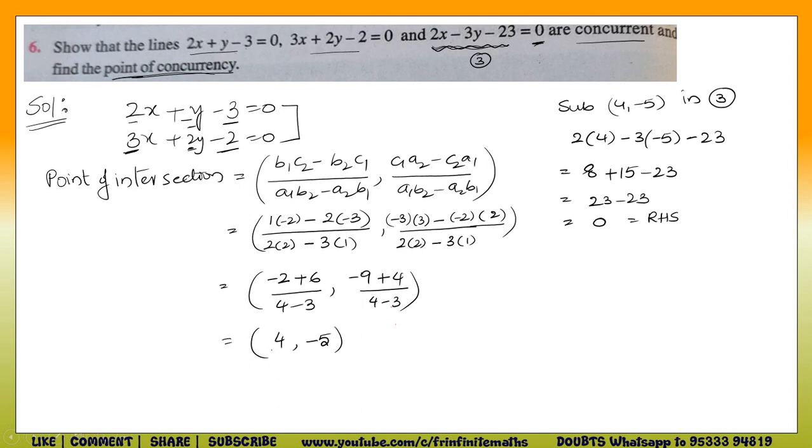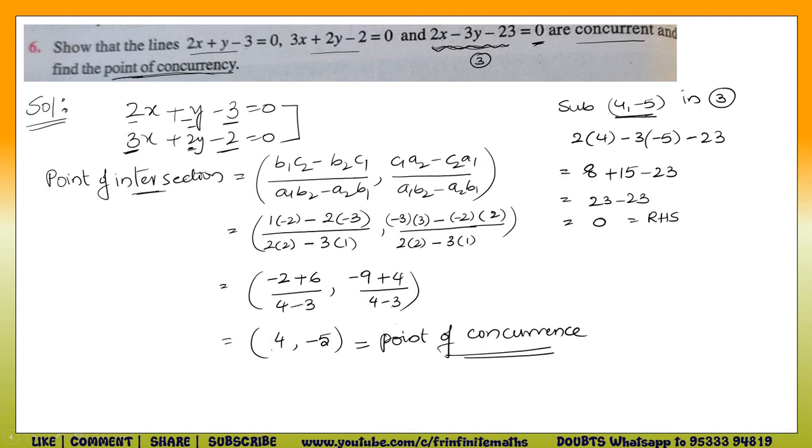0. So from this, what have we understood? 4 comma minus 5 is satisfying equation number 3. Hence, what can I say? This particular point of intersection is my point of concurrence. This point of intersection is nothing but my point of concurrence, right? So likewise, whenever you require the point of concurrence, then directly go with the first approach. If you just want to show, then go with the second